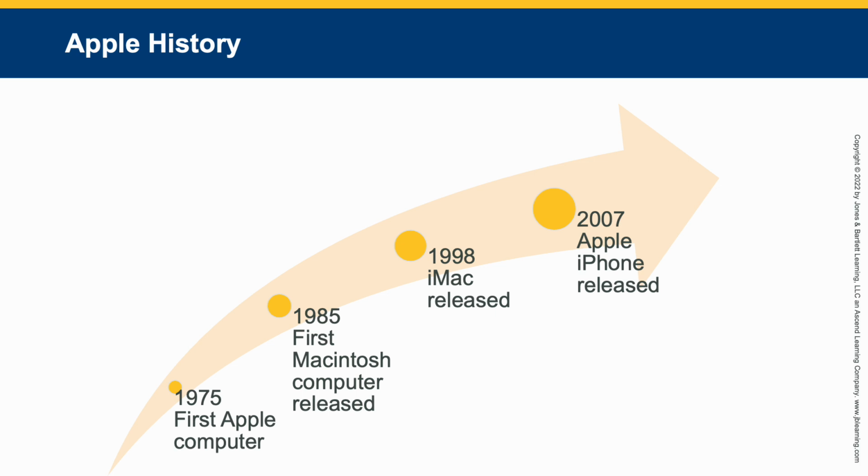Wozniak, a talented engineer, had been working on designing his own computer, which would later become Apple I. Jobs, recognizing the potential of Wozniak's creation, suggested that they sell it as a fully assembled circuit board. This marked the beginning of Apple Computer, with the Apple I being one of the first personal computers to be